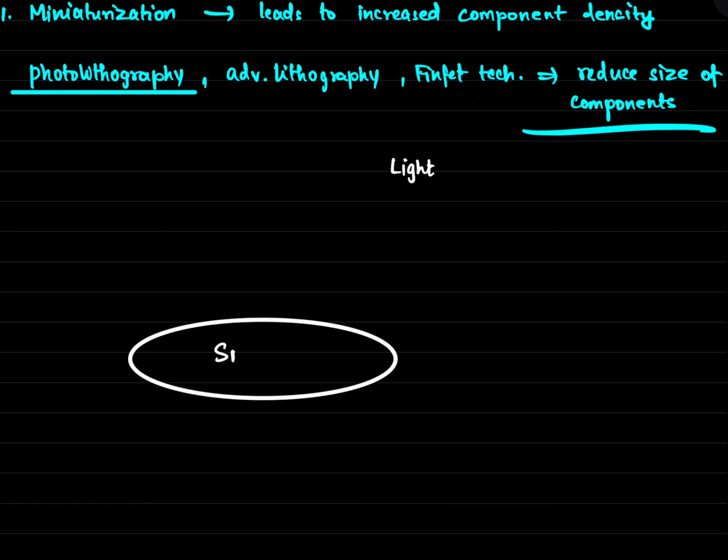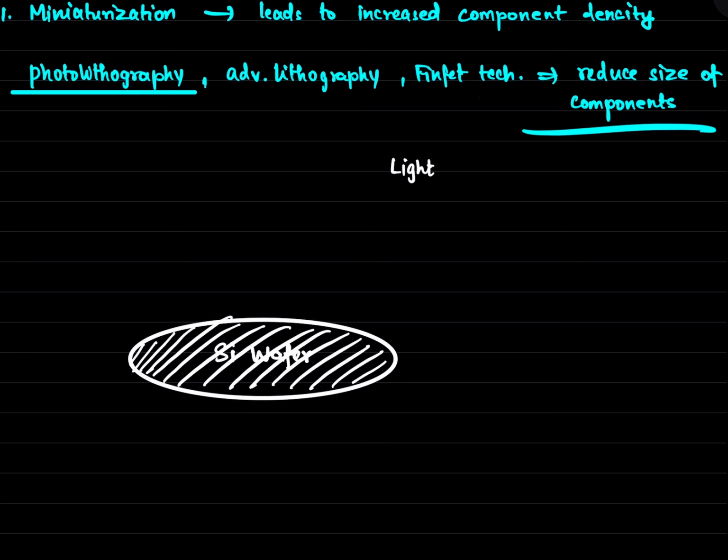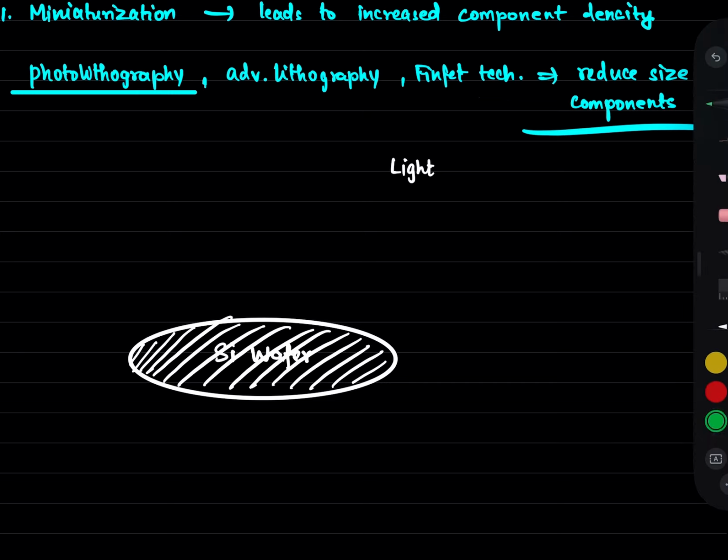Imagine, let's say this is the silicon wafer, and this silicon wafer is coated with a coating of photoresist. So this silicon wafer is coated with a chemically coated, light sensitive photoresist,